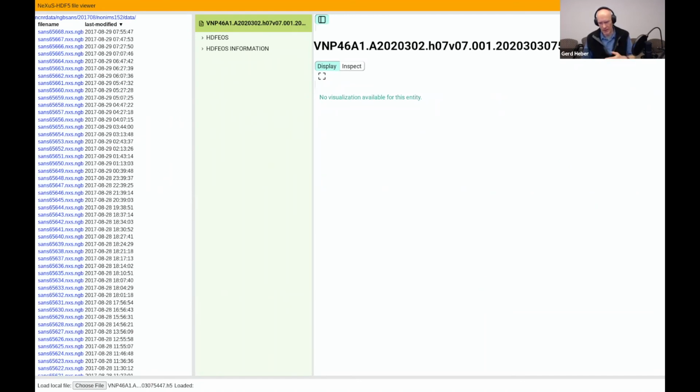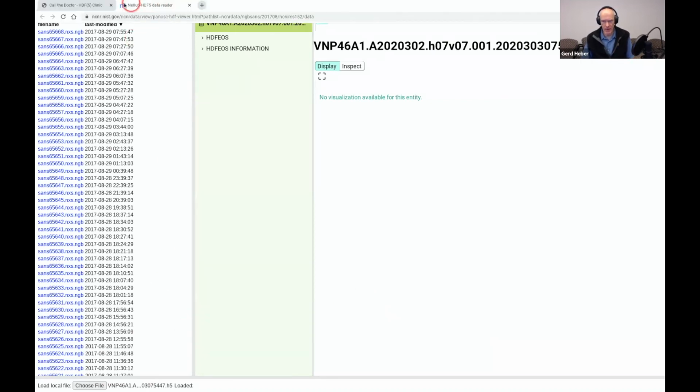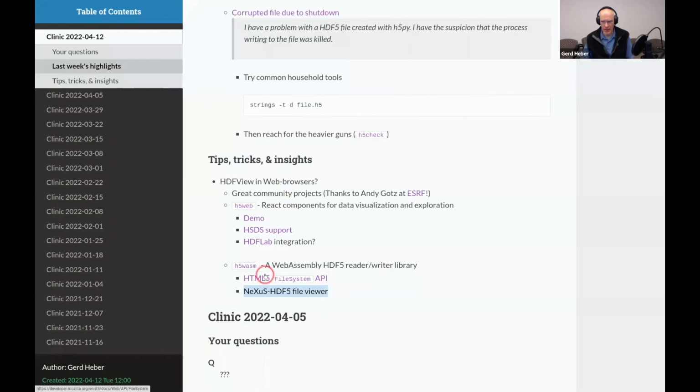Even if I had a very fast internet connection, uploading 50 megabytes sort of at the snap of a finger would be pretty darn fast. But in this case, that's not what happens. What happens is actually, and that's where this WebAssembly technology comes in, is in HTML5, in the